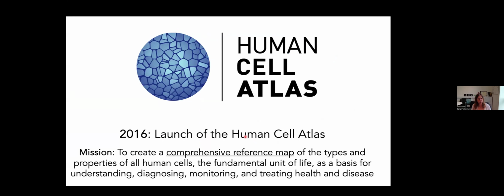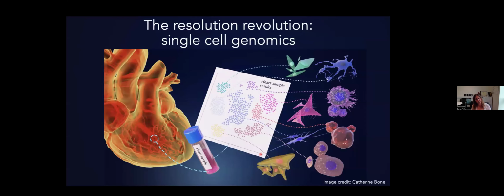But by 2016, when we launched the Human Cell Atlas as an international consortium to create this reference map, the technologies and the way of getting to that answer was becoming much clearer. And the reason for that was that, of course, we had the resolution revolution in genomics and the technology developments that allow us to sequence the whole transcriptome, epigenome, to some extent also genome of individual cells and nuclei. And of course, that developed apace.